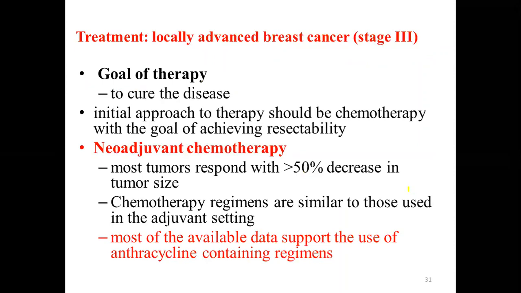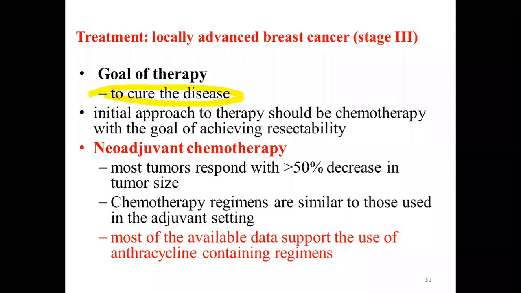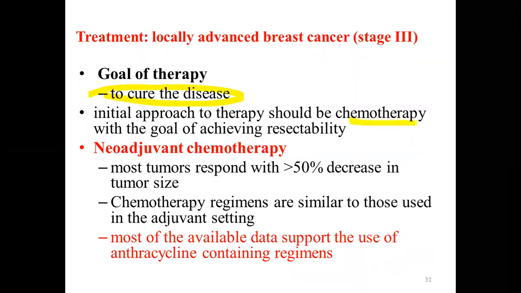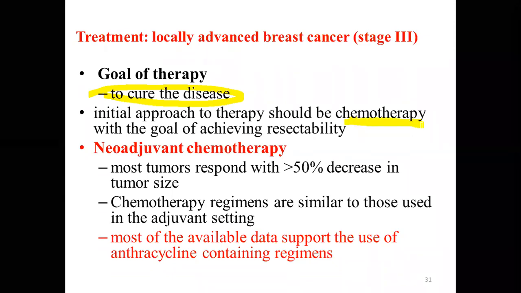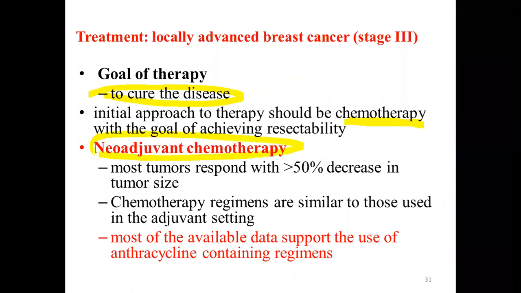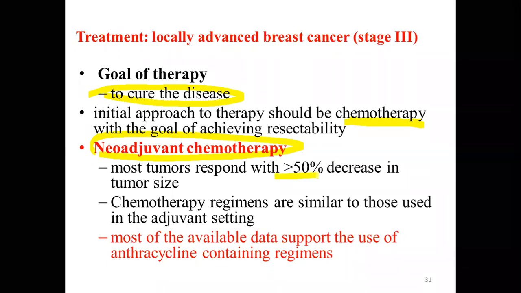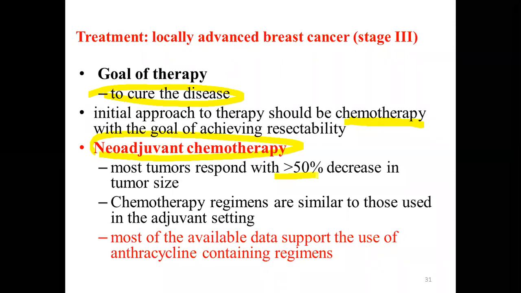So what is the goal? Even for stage 3 disease, the goal is usually curative. Because of that goal, most of the time chemotherapy is administered. Remember, the size of the tumor is usually very big at the moment, so neoadjuvant chemotherapy is usually administered before surgery. You give chemo first so that you shrink the tumor by at least 50%. Then after that, we conduct the surgery, and then radiation therapy.